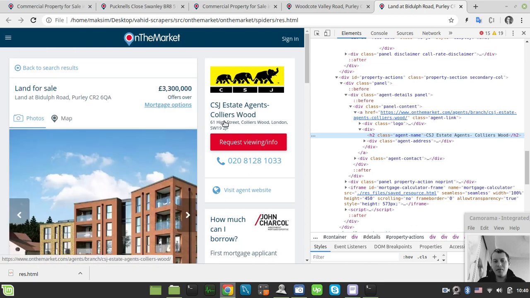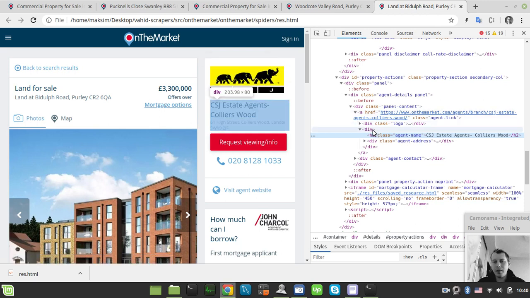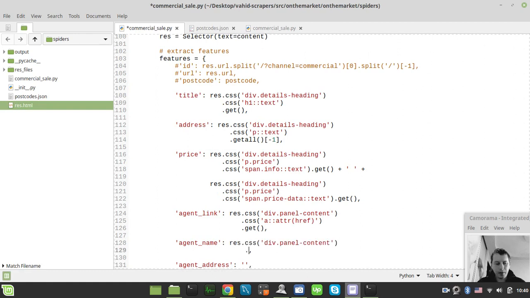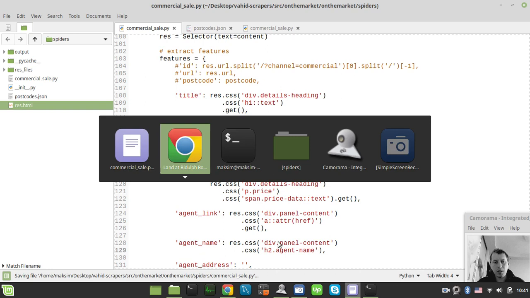regarding this video. So now we can extract the panel contact. Well, probably we can simply extract this agent name because it seems to be really unique. So the agent name would be... copy, and here, dot CSS. So we're looking for the h2 tag with the class agent name, and let's run the code one